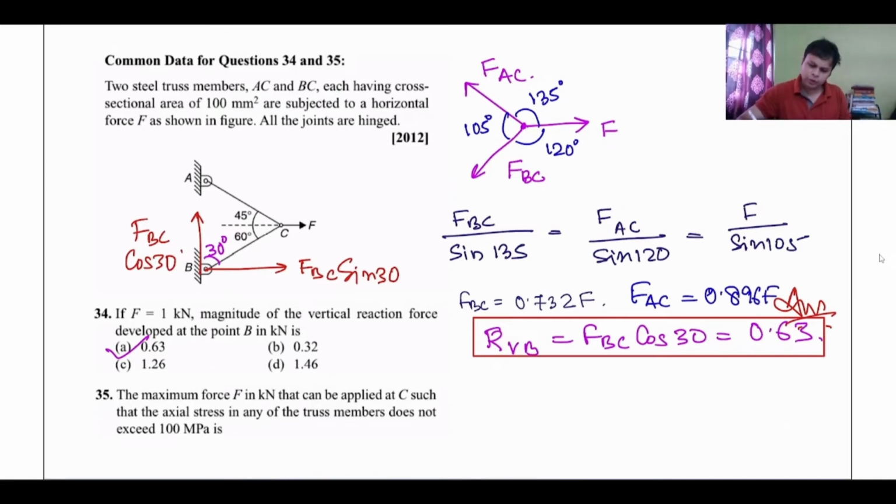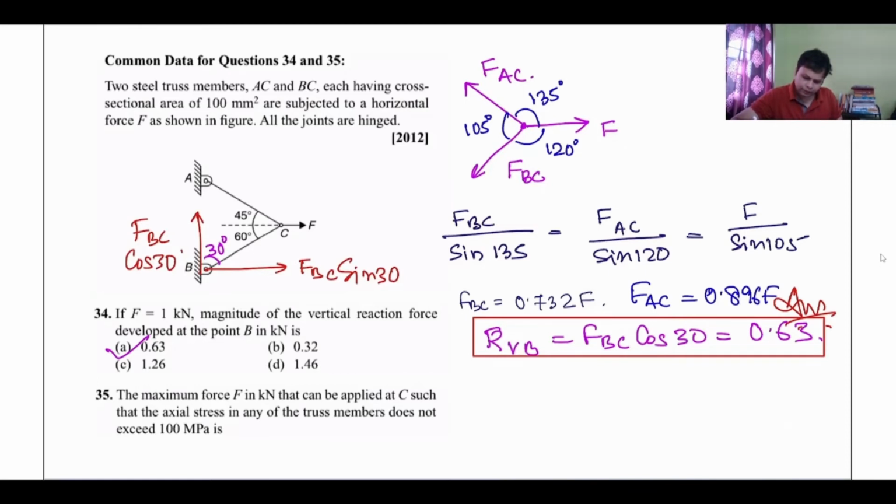0.896 F. So you can clearly see FAC is greater than FBC. So if that is the case, stress in the member AC will be more. So if I make the AC member safe, BC member will automatically become safe. So what I can say